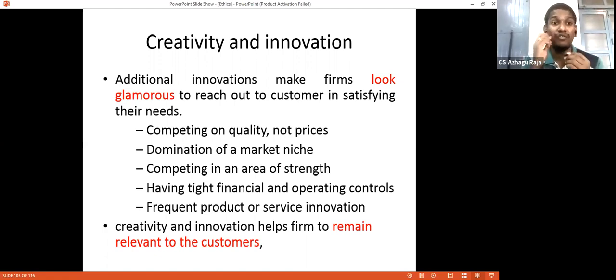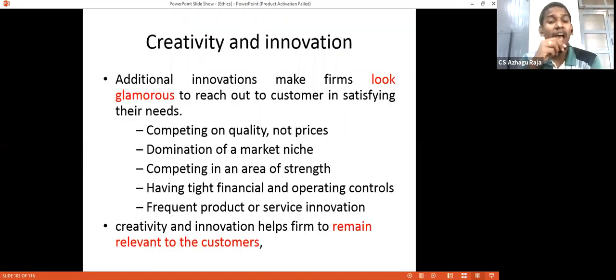Creativity and innovation make the firm look glamorous to reach out to the customer in satisfying the customer's needs. Why creativity and innovation? Everyone is performing the duty, but we always pick up some product which saves our time, which makes us more comfortable in using a particular product. Say for example, now electric razors have come, right? So now that is more helpful, saves your time. So that is why people prefer electric razors to traditional razors. So that's the best example we can give with respect to